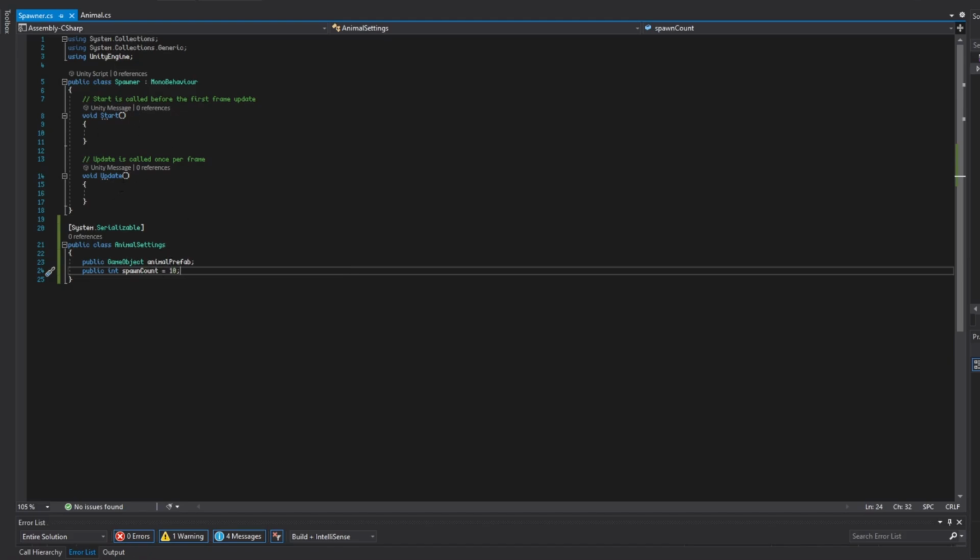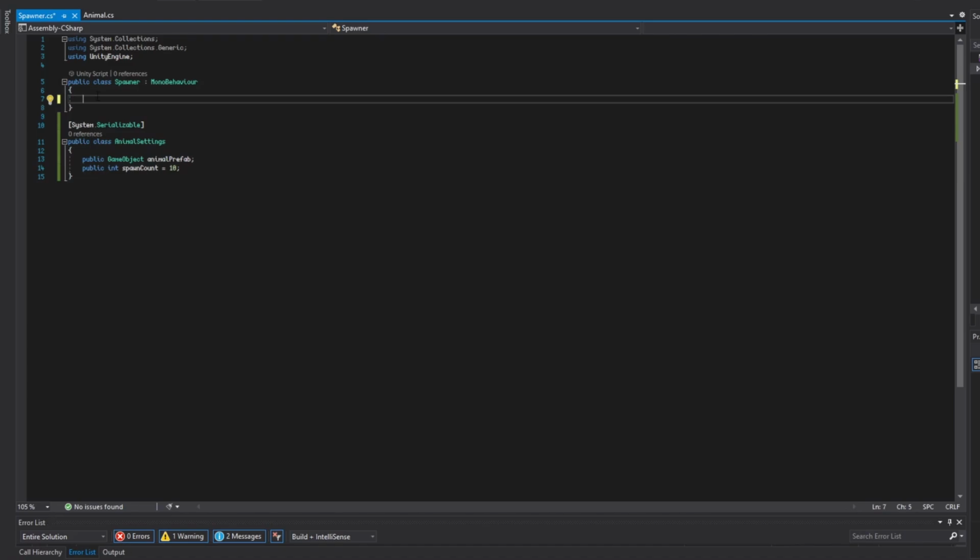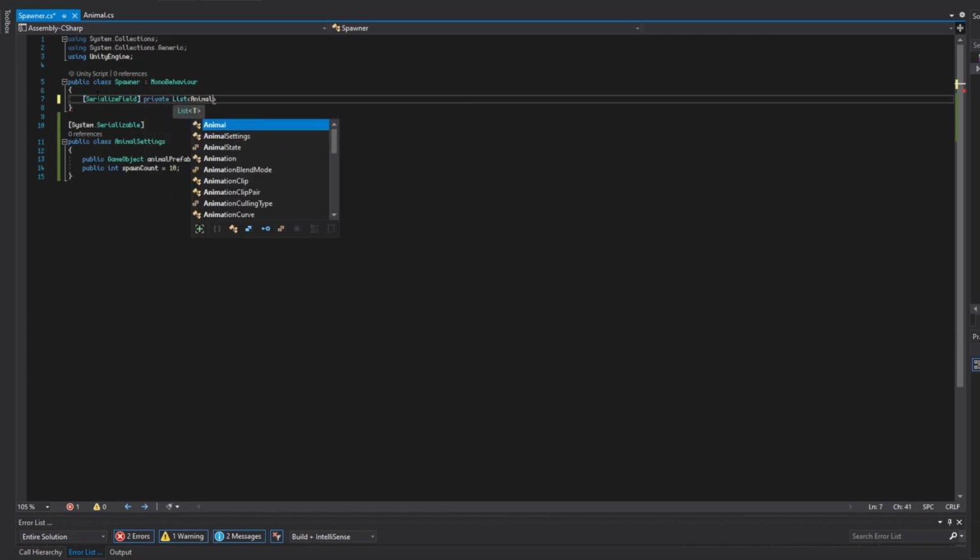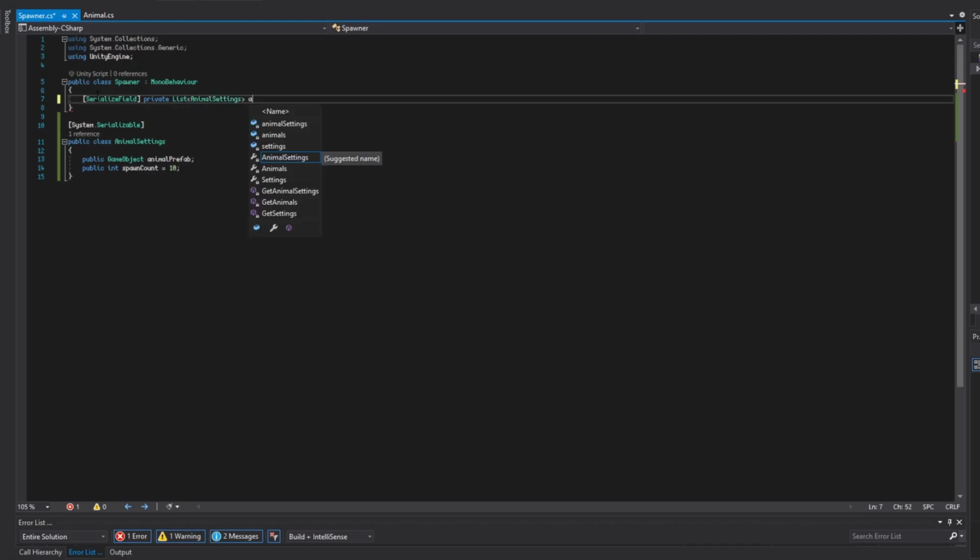and this will mean that we have 10 animals of this type spawning. Now we're coming back to our Spawner class. We're going to go ahead and delete these two void Start and void Update functions, and we're going to create a list of our AnimalSettings. What we're going to do is SerializeField in some square brackets, then private List. Open this up and just type AnimalSettings, and we're going to call this animals and equals to a new